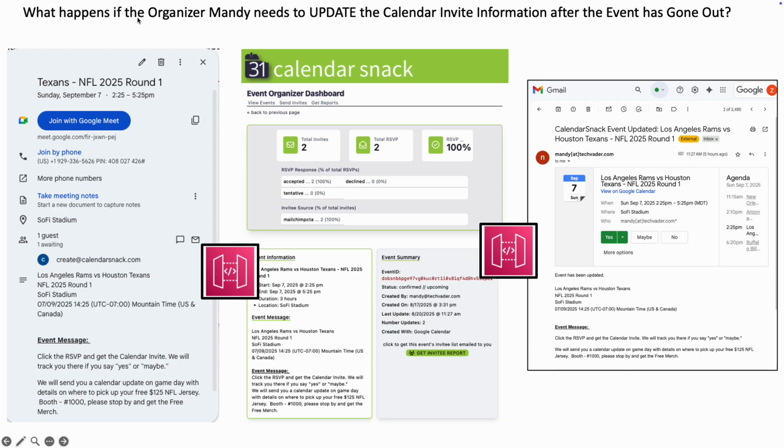So here's where we're at. What happens if the organizer needs to update the calendar invite information after the event has gone out? So in this case here, we're talking the organizer over here in the Google Calendar is Mandy. She'll be talking directly to the APIs to update the APIs in the AWS Calendar Invite server, talking to the Calendarsnack app,